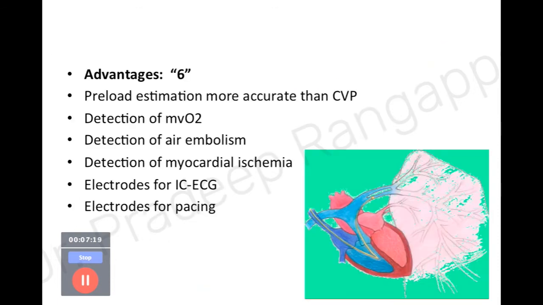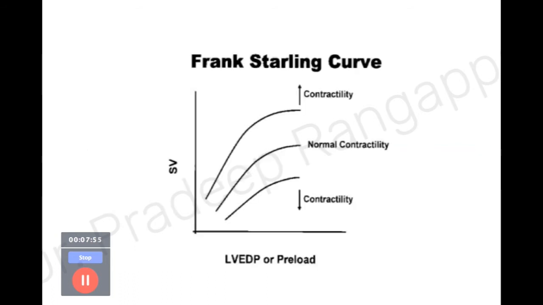So what are the advantages of putting in a pulmonary catheter? We saw it is an estimate of preload. It can help estimate the mixed venous oxygen. It helps in trying to ascertain the cardiac index and cardiac output. Along with this, you may even have probes where you could do what we used to call Swan pacing or PA pacing, and intracardiac ECG, and our ability to ascertain cardiac output and cardiac index may help in establishing the diagnosis of myocardial ischemia. So these are some of the advantages of using a PA catheter.